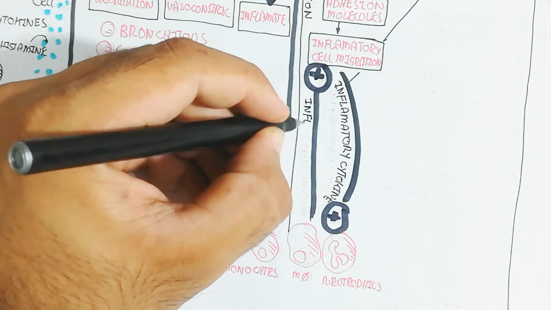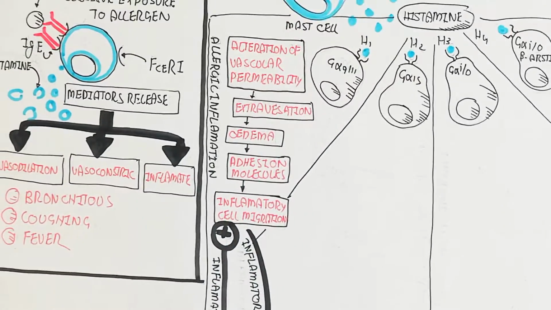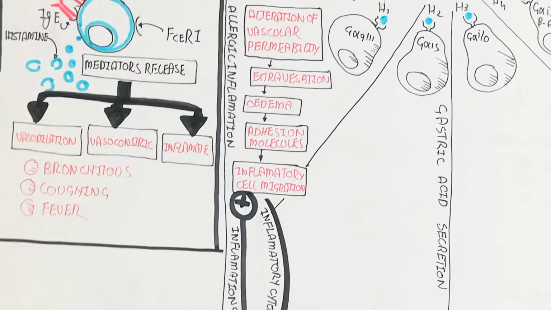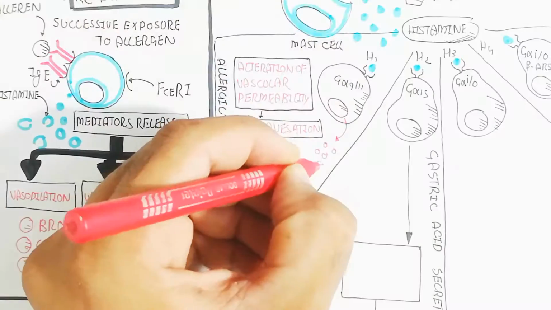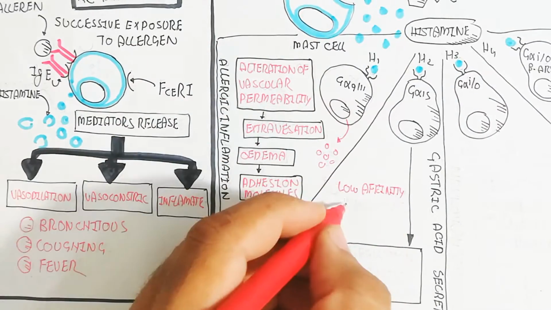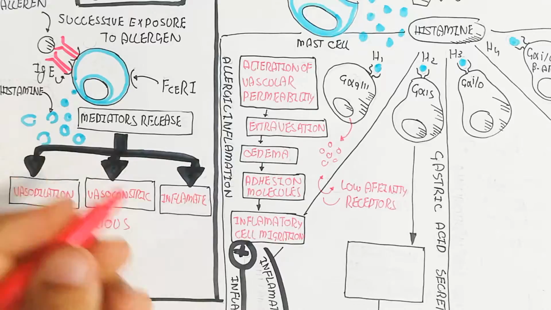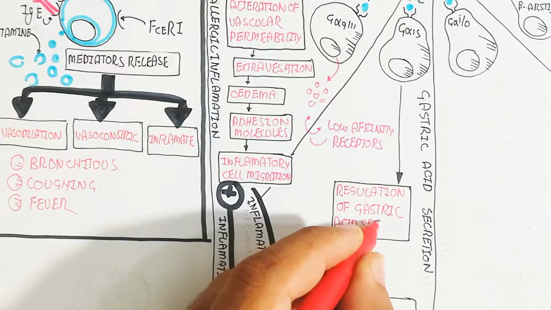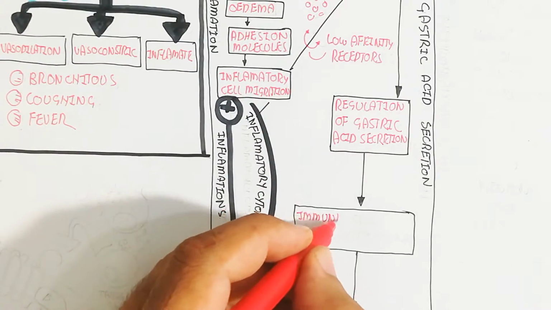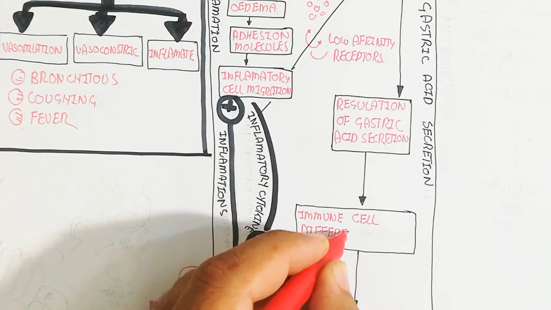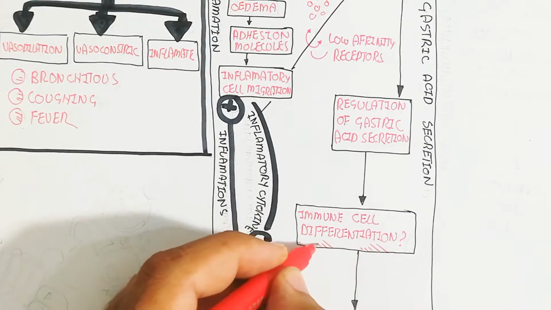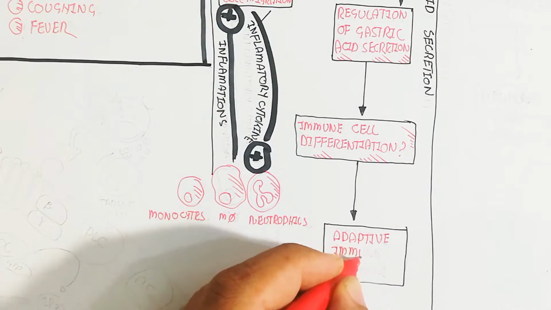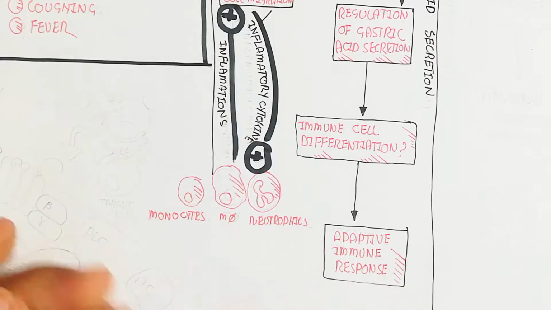On the other hand, the histamine 2 receptor, the H2 receptor, contains the G alpha S protein, the alpha S subunit, which leads to gastric acid secretion. So how is it possible? Both are low affinity receptors, remember, and the affinity is less. So regulation of gastric acid secretion and immune cell differentiation in the digestive tract, the gastrointestinal tract, and the adaptive immune response will occur. This adaptive immune response is due to the B cell,